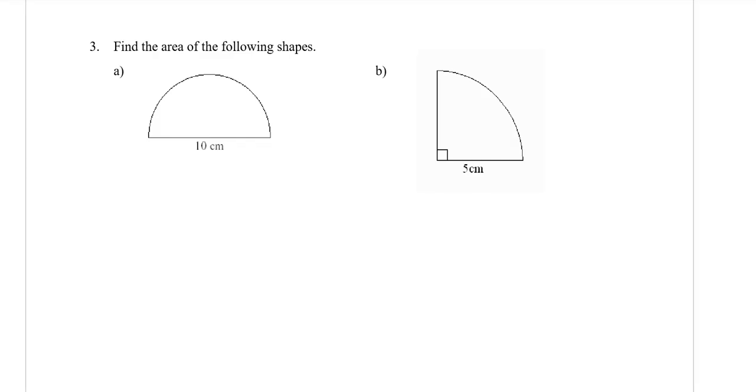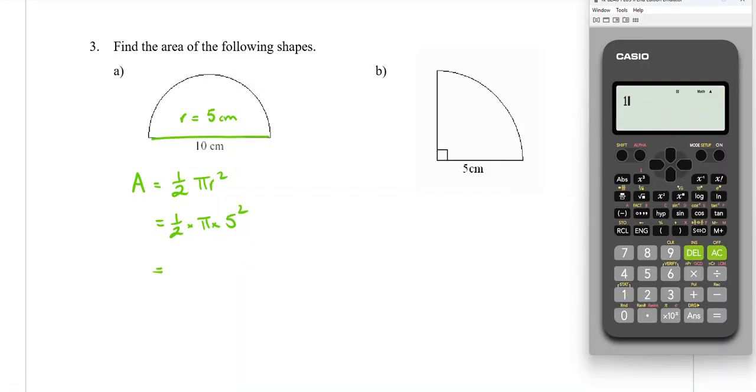So question 3, part A is a semicircle, so it's half of a circle. The formula for a semicircle is half of pi r squared. Now the 10 is a diameter, so that means that the radius is going to be equal to 5. You've got to divide the 10 by 2. So putting that in the formula, we have half times pi times the radius, which is 5 squared. In the calculator, you can go 1 over 2, there's your fraction, times pi times 5 squared is 39.27